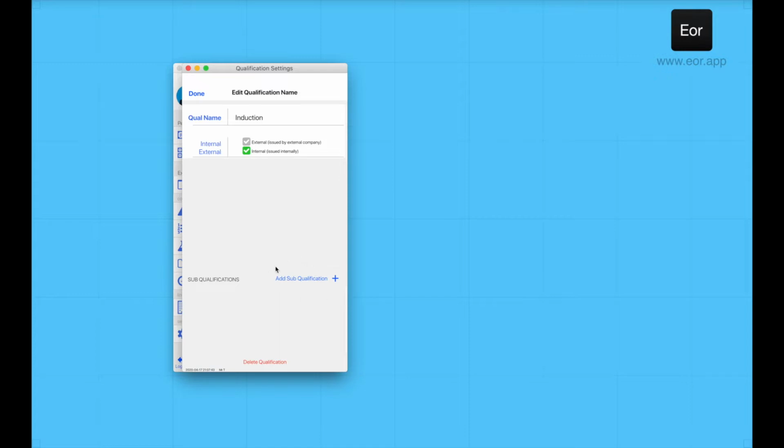And now we need to add in the sub-qualifications of the main induction. Think of these as modules. So our main induction is going to have two modules. The first module is going to be the initial induction, and the second module is going to be the refresher induction. We need to come down to the sub-qualification area and click the plus button next to it